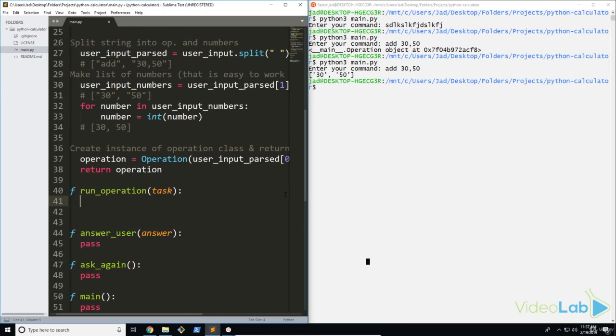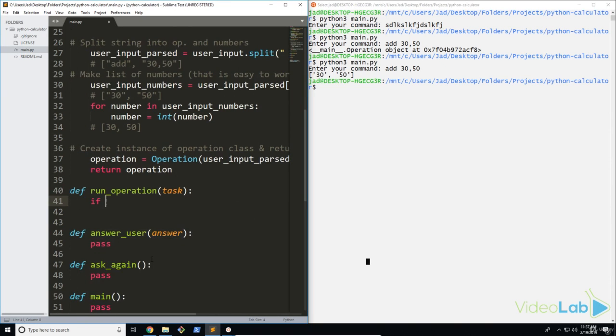The first thing I'm going to do is check through the 4 basic operations that we need, which is add, subtract, multiply, and divide. Now the way that we can do this is with an if statement. So I can say if some condition is true, then we can run a certain statement. So what I'm going to do is go ahead and say this right now. If task.operation